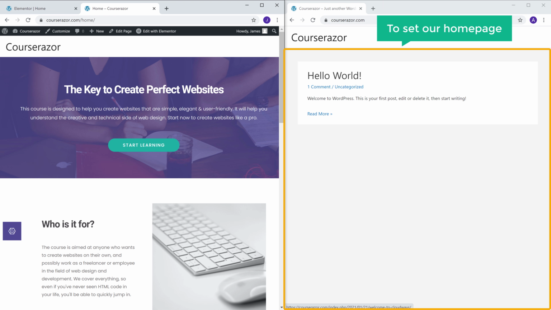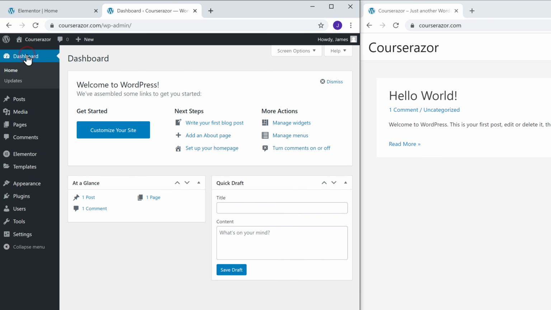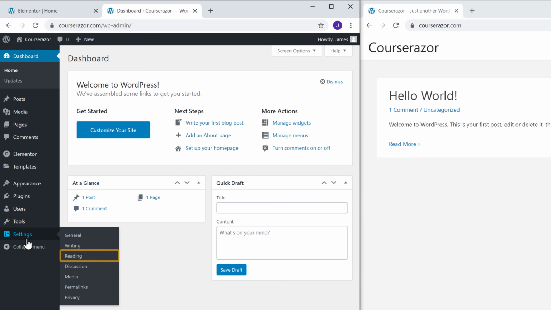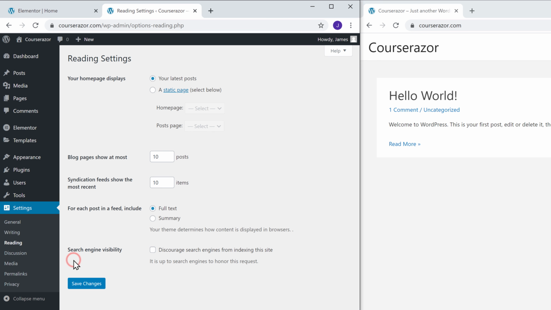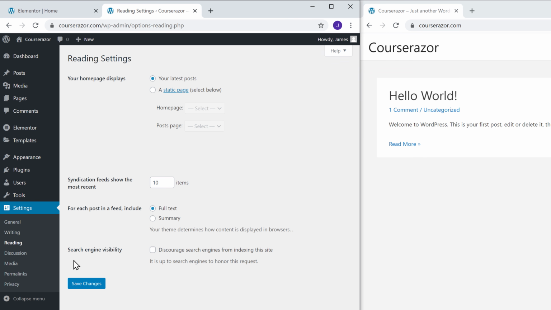So to set our home page to this page, let's go to our WordPress dashboard. Then go to Settings and click Reading. Now here you can see that we have this option called Your Homepage Displays. And it is now set to Latest Post, which means it will show the most recent blog posts on our homepage. Now to keep the page we created as the homepage, first we need to select the static page